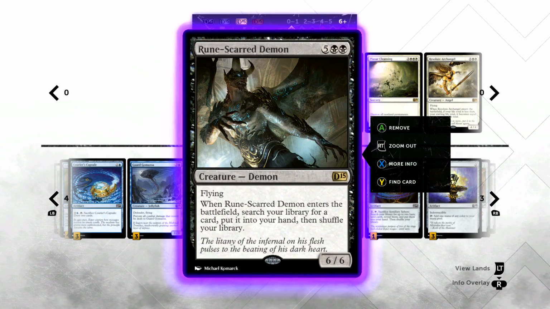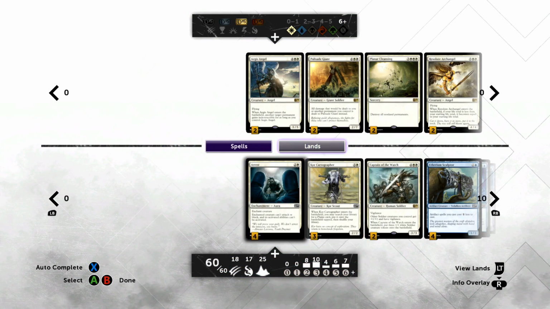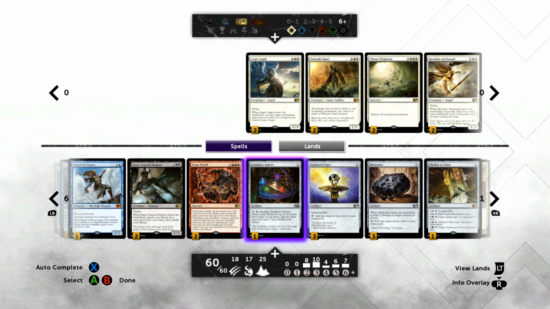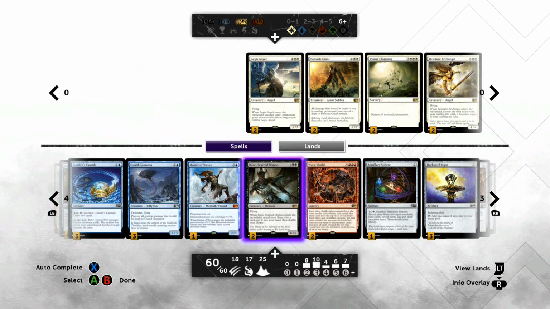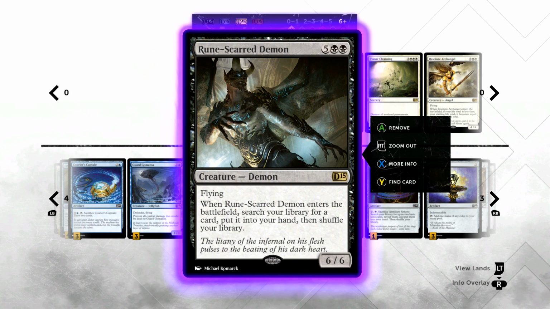Got the Runescar Demons in here. I'm only playing 1 swamp, just 1. And the only reason I'm playing 1 swamp is because I have 1 Armillary Sphere. I'll probably never hardcast a Runescar Demon. Most likely, I'll just pitch it to Obelisk, if it gets to that point. But we still want to play both copies, just because when you flip them up, you get to go